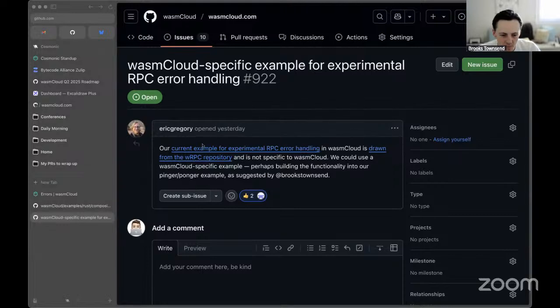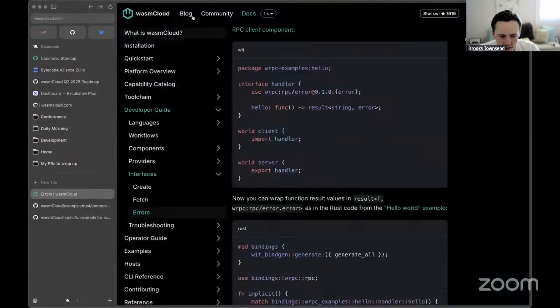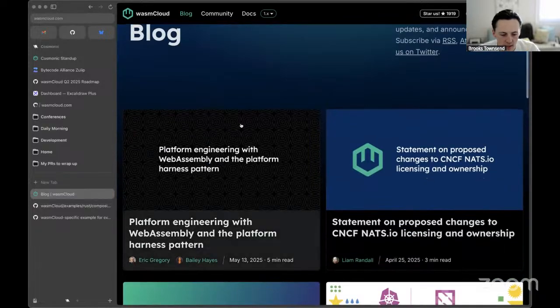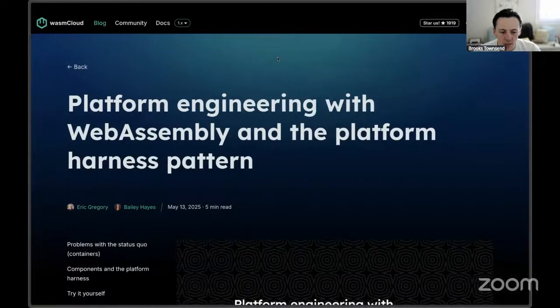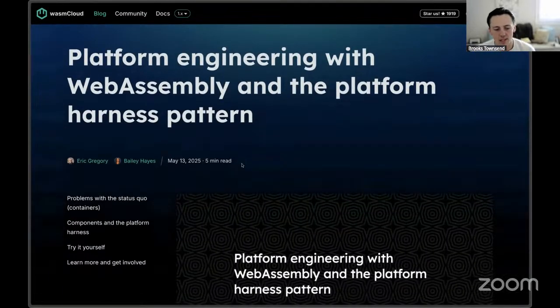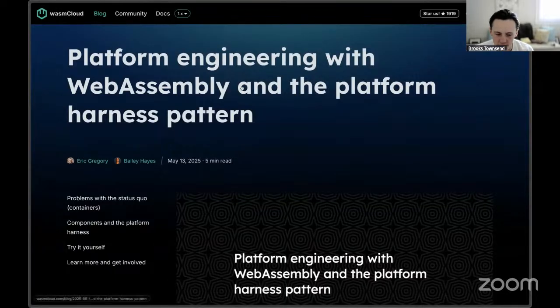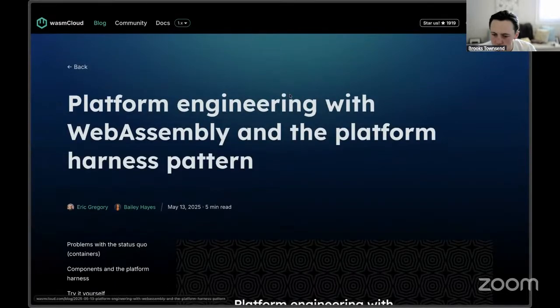Alrighty. Other than that, most of our regularly scheduled agenda is done, but I also wanted to bring up some of the interesting patterns that we're seeing in Wasm Cloud today. We have a new blog that went out yesterday. I'll post that link in the Zoom chat as soon as I can find it. But this is just on the Wasm Cloud documentation site under blog, really around platform engineering with Wasm and the